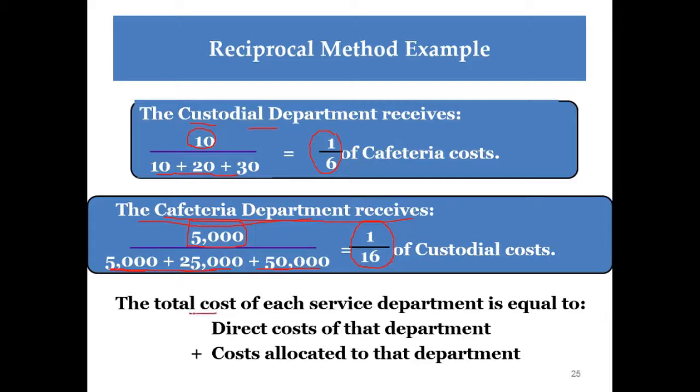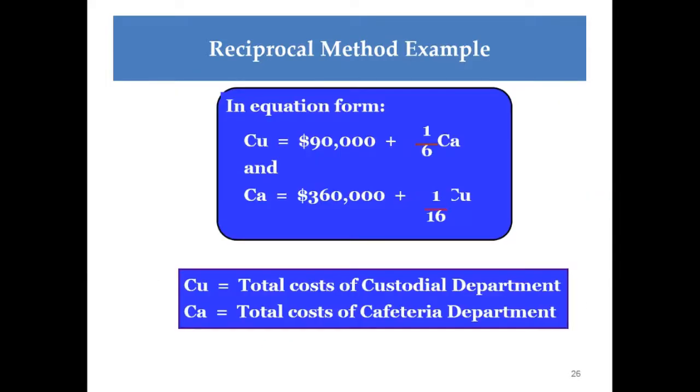Then the total cost of each service department is equal to the direct cost of that department plus cost allocated to that department. We mean that the total cost of custodial, CU, is an abbreviation of custodial, and CA the abbreviation of cafeteria. Okay, CU, the total cost of the custodial department, equals 90,000